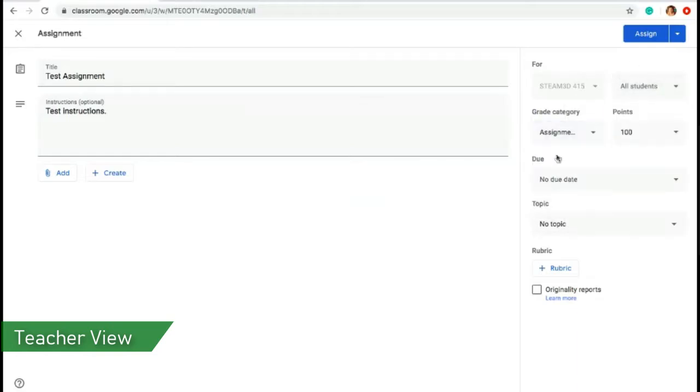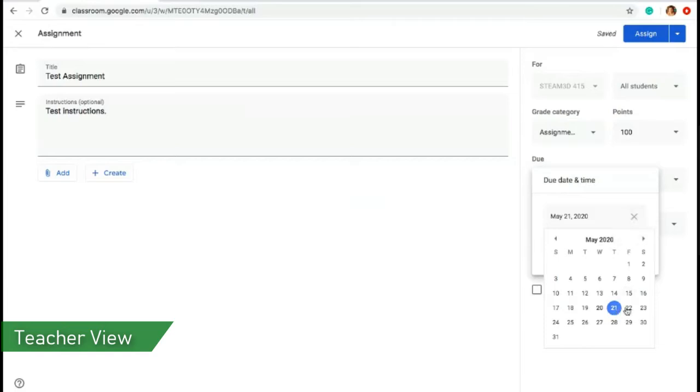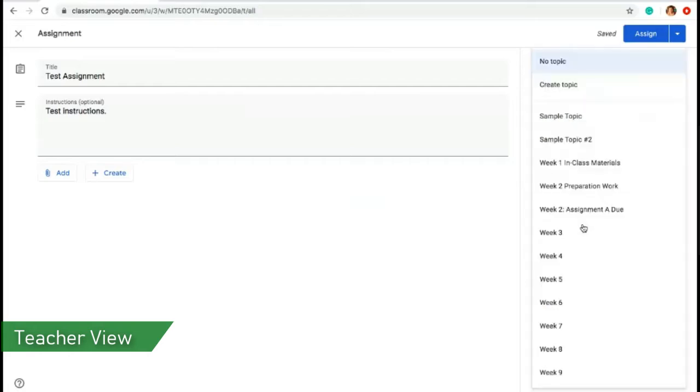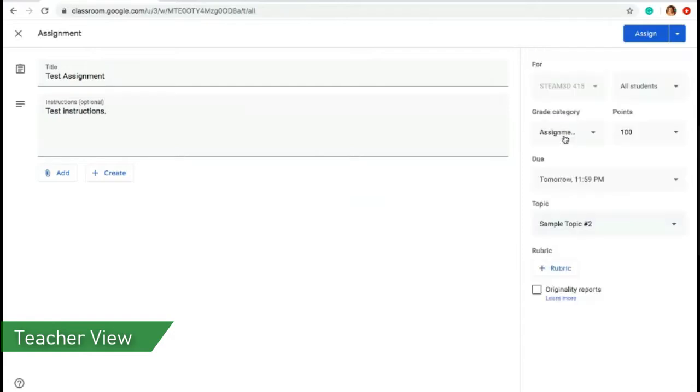Category, I believe it's assignment A that I've selected here. Due date, I'm going to make this due today, and time 11:59 p.m. The topic is going to fall under sample topic 2, which we just created,